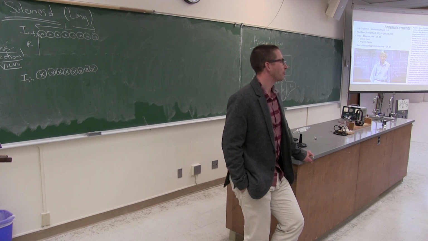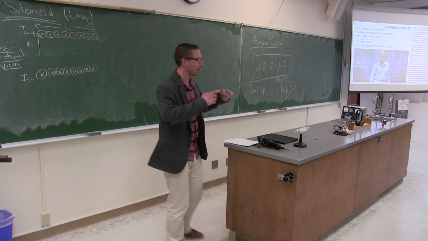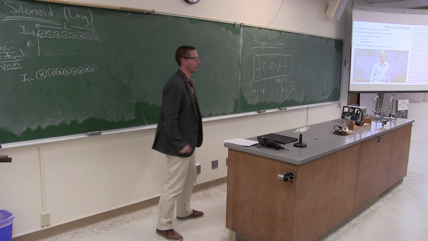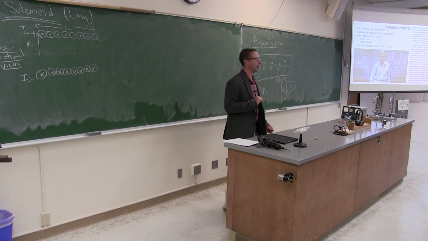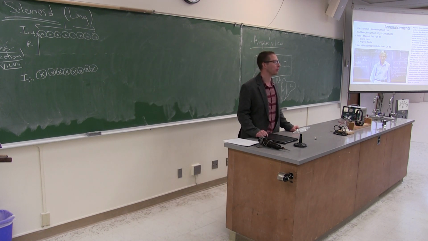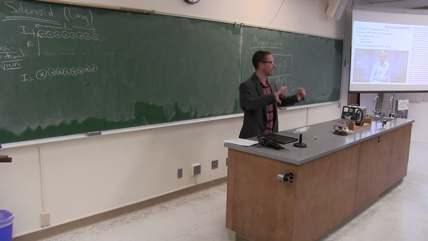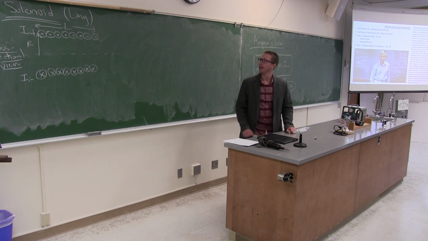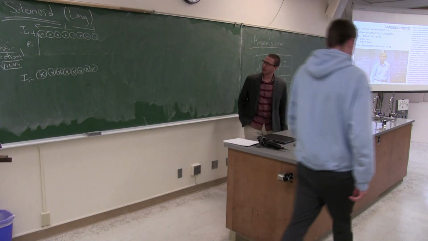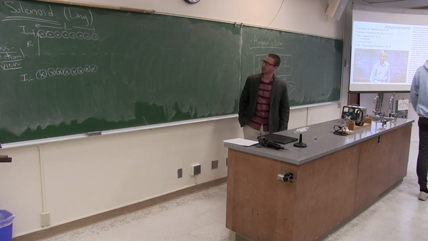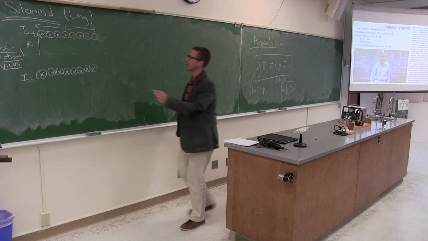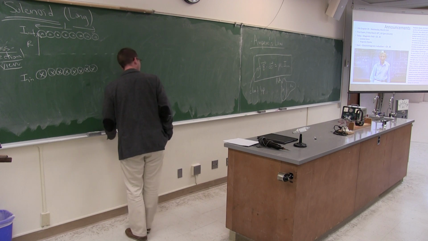Rotation about the axis. Rotations. You could rotate it, and you're not going to be able to tell the difference, whether it's rotated by pi over 6 radians or pi over 2 radians, or just kept the same. It looks the same because it has this rotational symmetry about the central axis. Good. So, based on these symmetries, we can argue that the magnetic field inside the solenoid is going to have to point